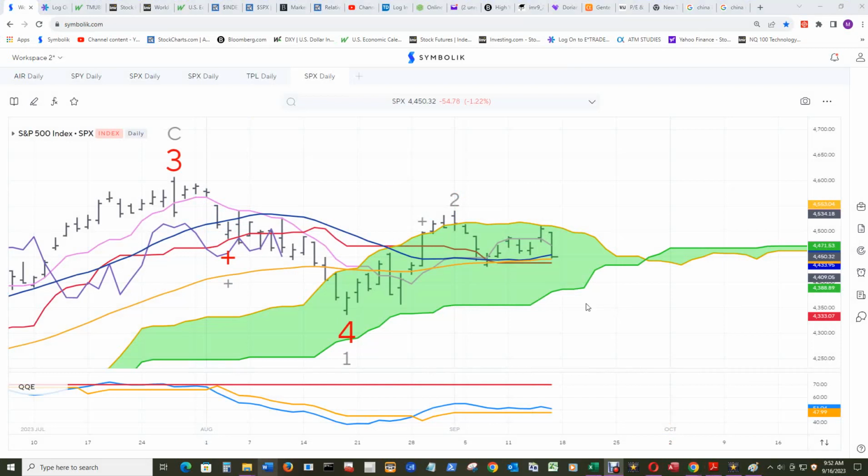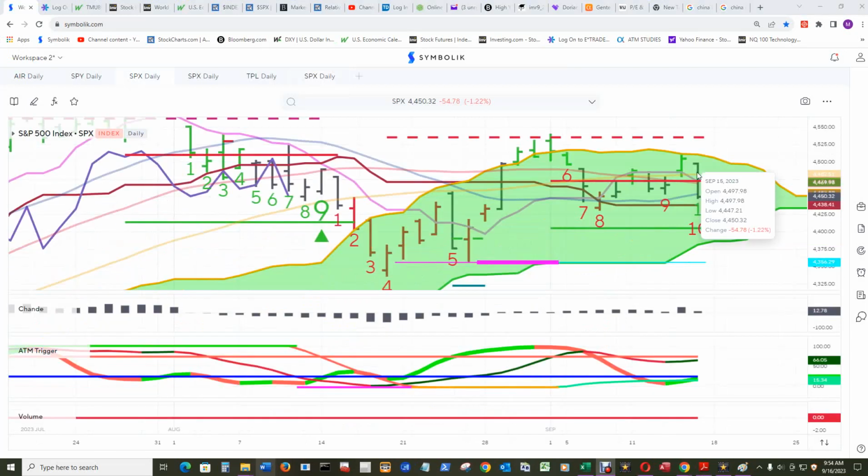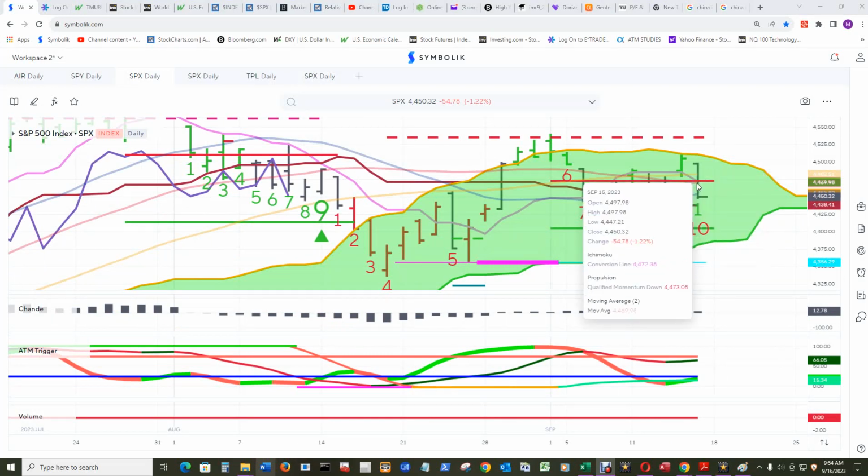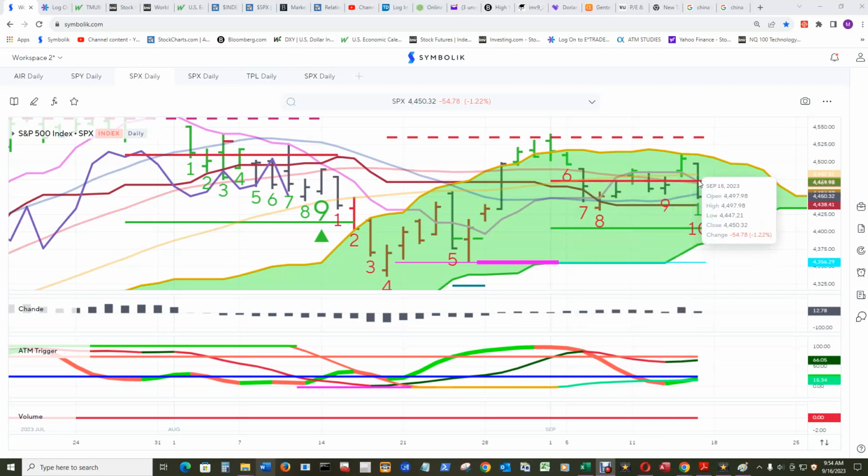4451. So even though price sliced through most all of those moving averages from Friday, the 20 simple moving average and 50 EMA did halt the decline, and then the baseline for current price is right under those two there. And the 50 simple moving average 3 is at 4482.51, and the 35 simple moving average 2, 4469.98, and the qualified momentum down happened on Friday for 50% propulsion,